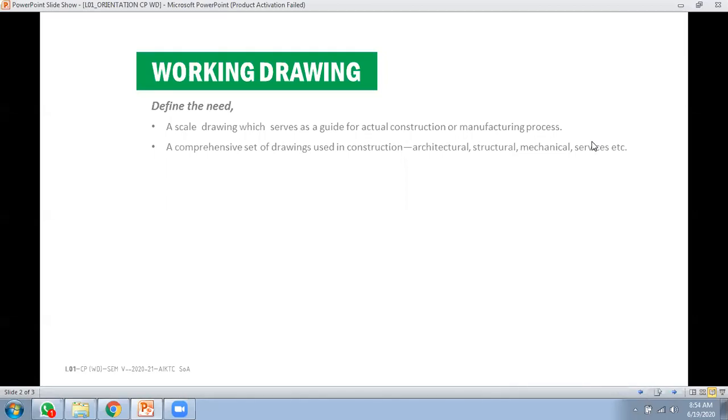So the drawing set which I prepare for the working drawing is not just the architectural drawing; there are working drawings created by the departments or the consultants of structural, मैकेनिकल सर्विसेज एक्सेट्रा. तो आप जो भी कंस्ट्रक्ट करोगे, अगर आप एक फर्नीचर पीस भी कंस्ट्रक्ट कर रहे हो, अगर आप एक टैब भी आपको अगर फिक्स करने का, आपको एक टाइल भी लगाना है, आपको एक बल्ब भी लगाना है, एक तो उसके लिए भी आपको उसका वर्किंग ड्राइंग करना पड़ेगा, which have different specifications like dimensions, material, the product which you are going to use in it.